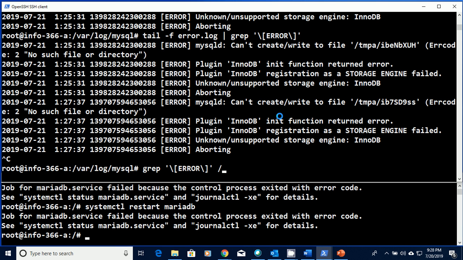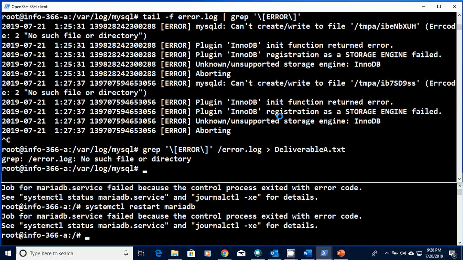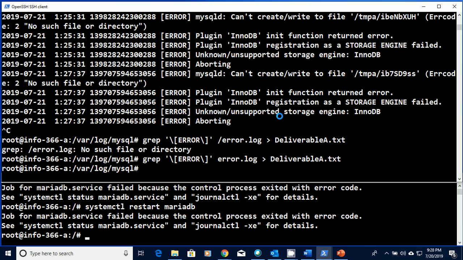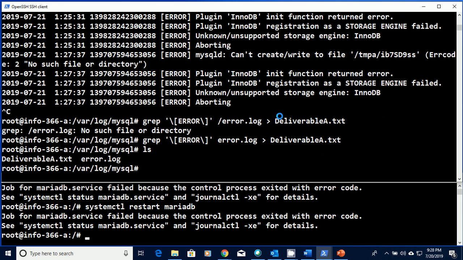So we're going to put error.log, and we're going to create a new file called, I'm going to call mine deliverable A. Whoops, I forgot. Can't put the slash on the front. Sorry about that. So now I've got that deliverable A.txt,